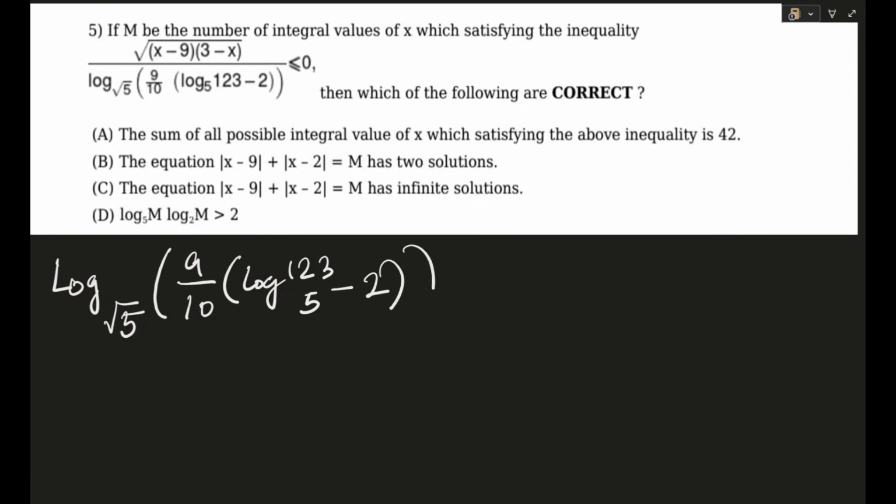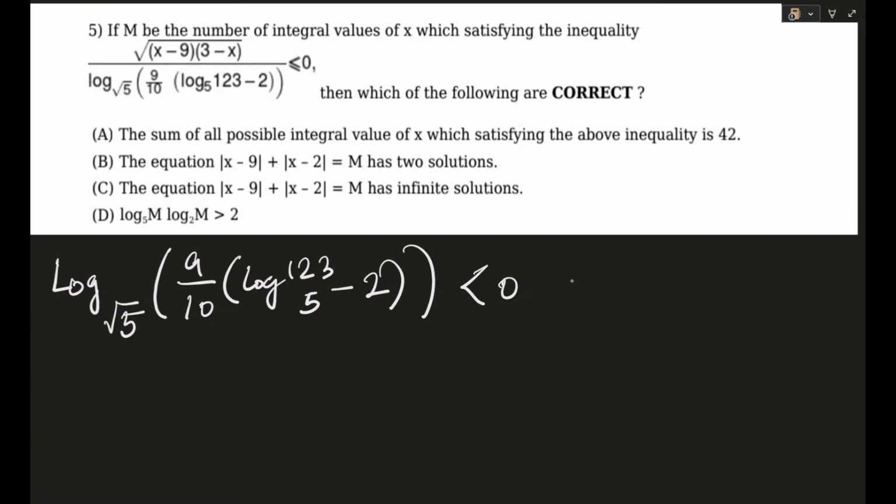So there is an inequality given, and we have to find out the number of integral values of x, capital M, and some other questions are also given regarding capital M. Okay. So looking at this particular inequality, the first thing that I can say is log base root 5 to the power 9 by 10 log 123 base 5 minus 2. This thing will be less than 0. Why? Because